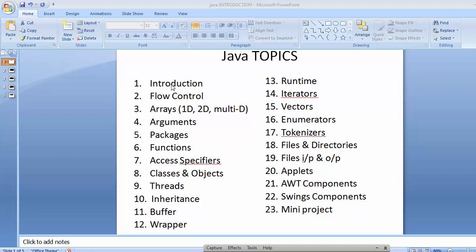Okay, first I will start with the introduction, and then I will move on to flow controls, and then arrays. In that I will be discussing one-dimensional array, two-dimensional array, and multi-dimensional arrays, and then I will move on to arguments, packages, functions, and then access specifiers like public, private, and protected. And then I'll move on to one of the most important concepts of Java, classes and objects, and then threads, inheritance, buffer, wrapper, runtime, iterators, vectors, enumerators, tokenizers, files and directories, files input output, applets, and then AWT components